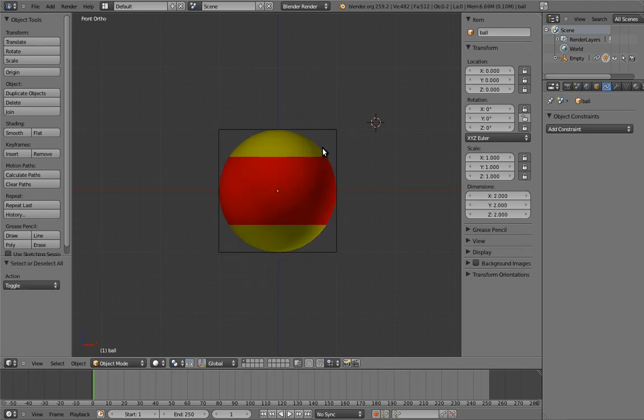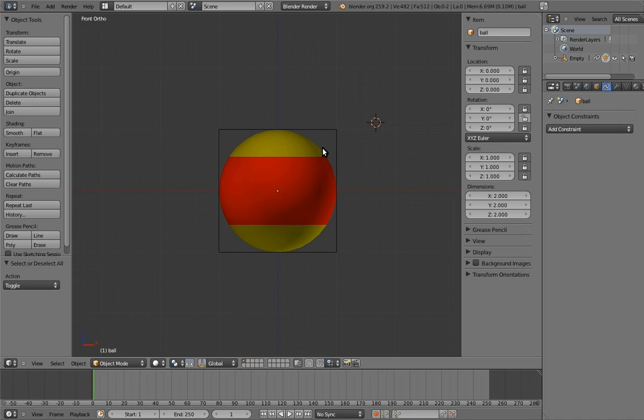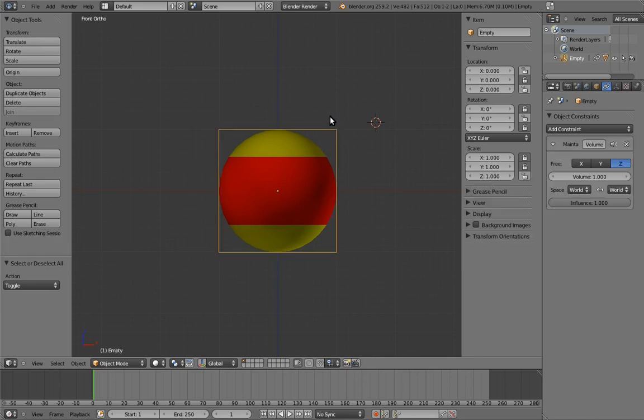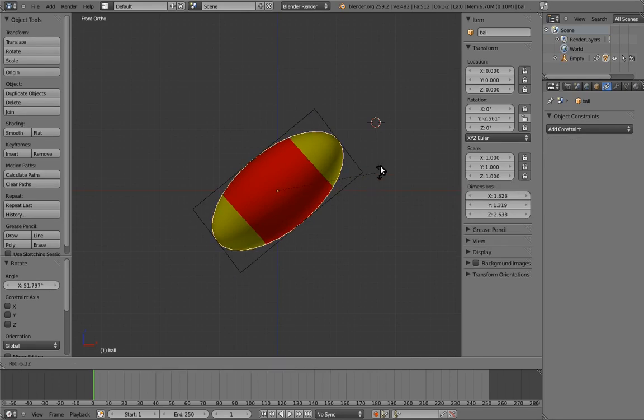However, there is still one last thing that can be improved, and that is to remove the need for the animator to counter-animate. Wait, what? What do I mean by counter-animate? Okay, so counter-animation is an issue that comes up in a lot of parent-child rig setups. In this case, if the animator wants the ball's spin to remain stationary, but still wants to change the direction of the squash and stretch, she would have to first rotate the empty, and then rotate the ball back to